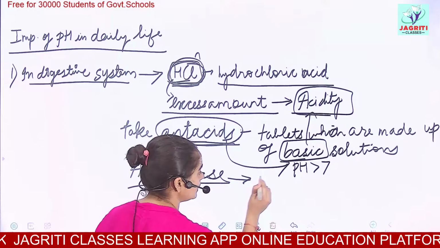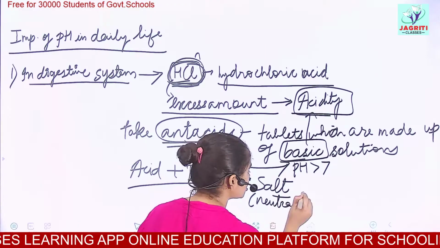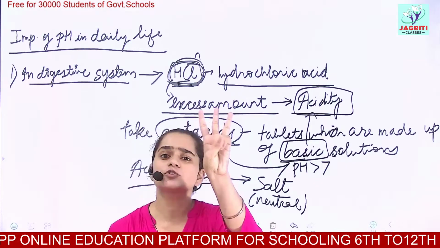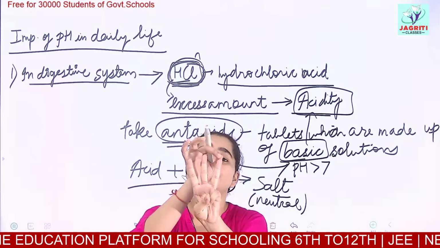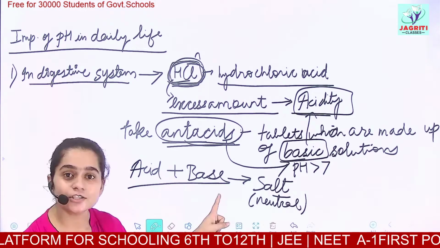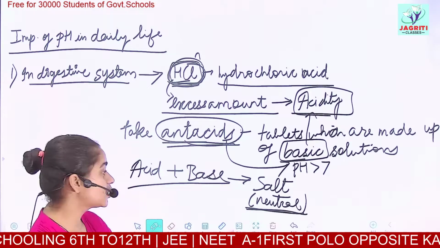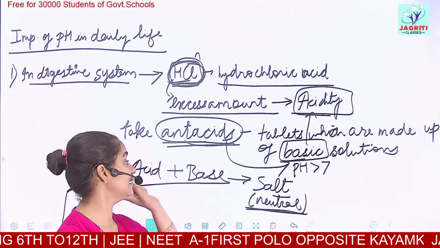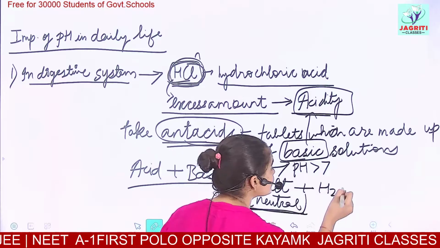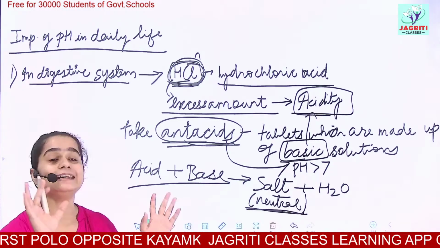And what are the products obtained? The product obtained is a neutral salt. In a neutralization reaction, the salt formed is always neutral. We can have three categories of salt. We know salt can be acidic, basic or neutral. But during a neutralization reaction, whenever an acid reacts with a base to form the salt, this salt is always neutral. Because of this neutral salt formation, the reaction is called neutralization. And the next byproduct with the salt is water, H2O. This reaction I have discussed in great detail.